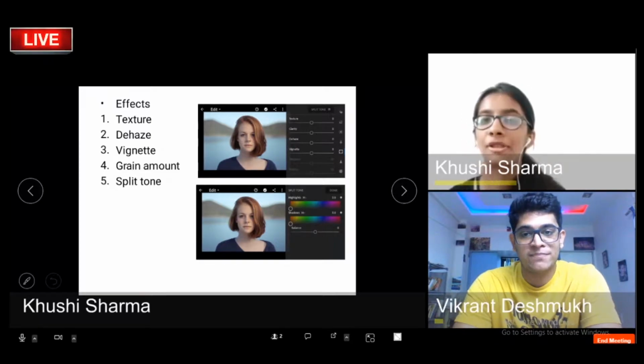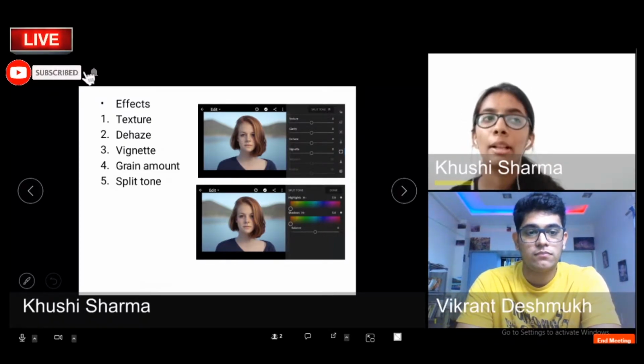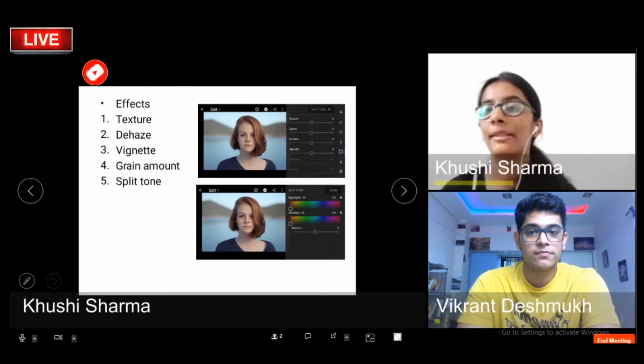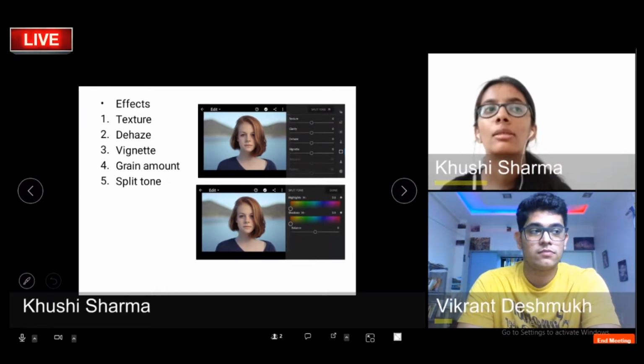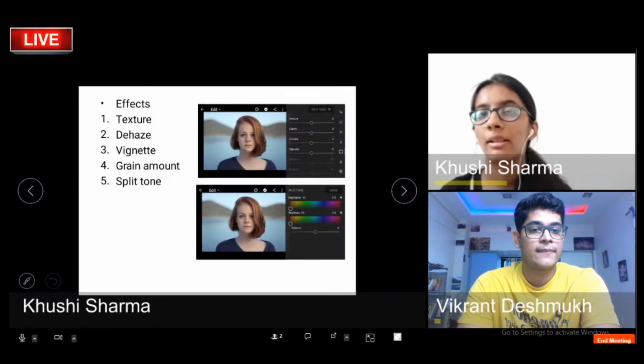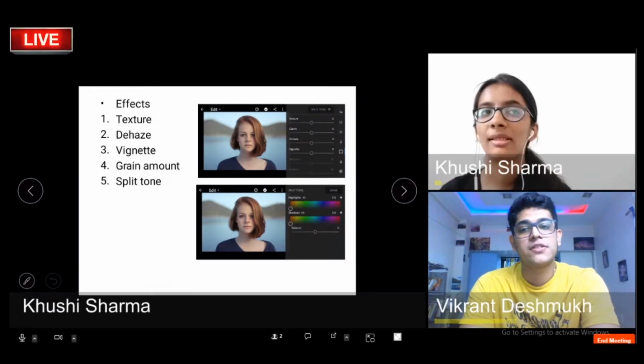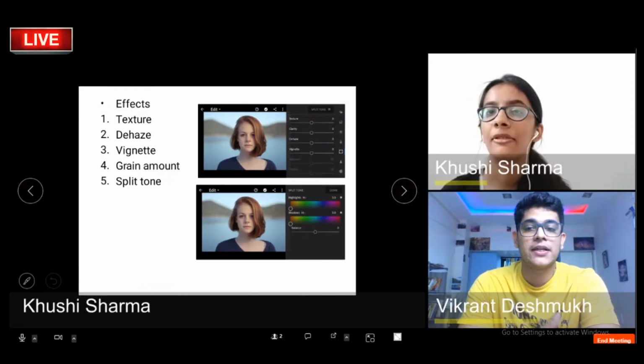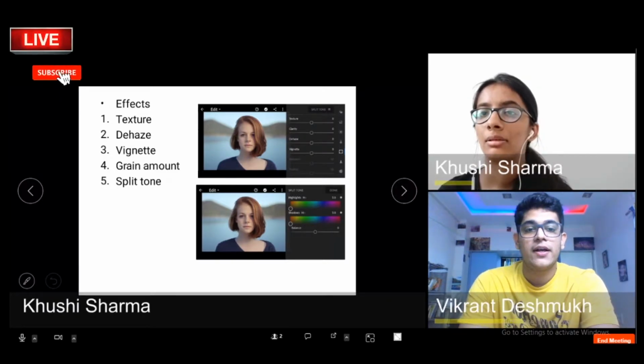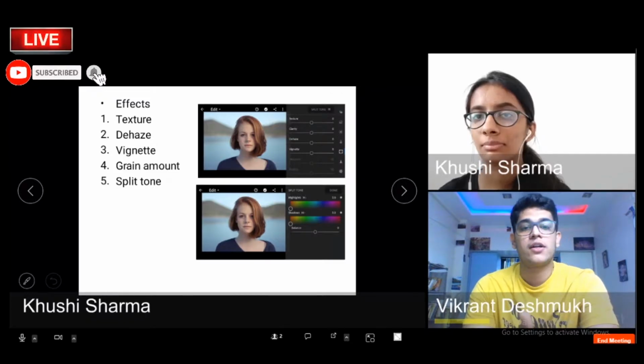It's not necessary to use the same settings in every photo. By using this HSL tool you can create different tones of your own. We can enhance a bad picture into different categories. The same picture can tell different stories. The same picture can show whatever we want it to show.